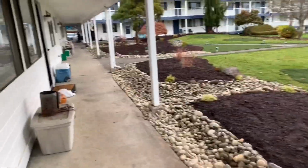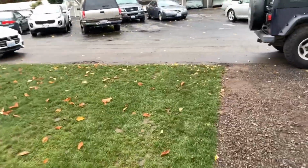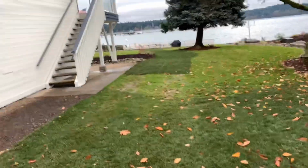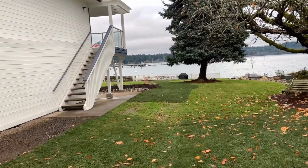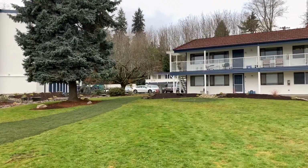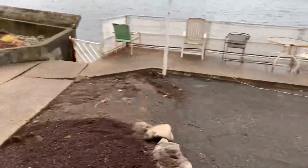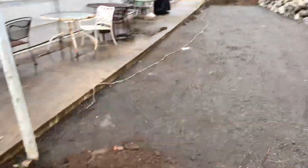Let's make our way down here into the courtyard. I'm going to show you how far this is, by the way, from this area, because this right here where I'm parked will be our staging area when we go to do concrete. Probably have to run a line pump all the way down to where those chairs are, because they want to do this stamped concrete down there, create a fire pit area. Okay, from where I was standing over there by my car, it's about 120 feet to right here, out here by the water. 120 feet to run that line pump. And this is an area they want